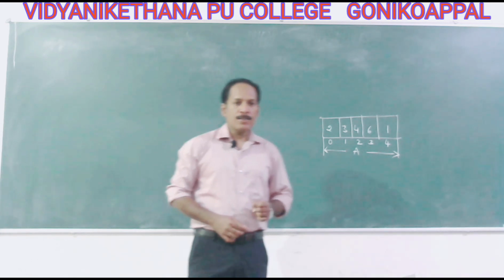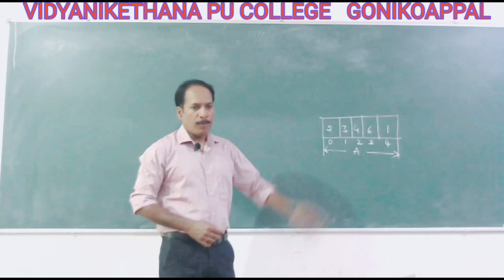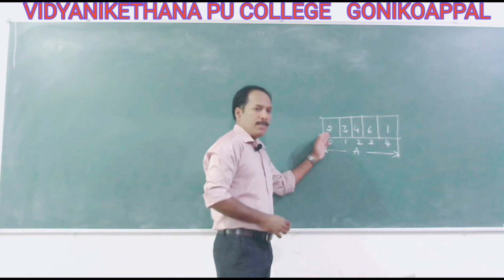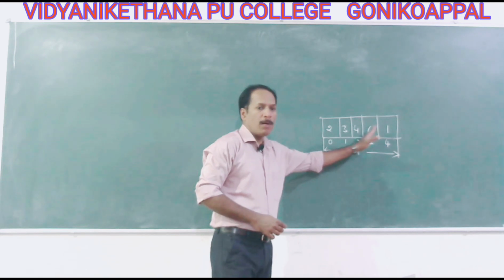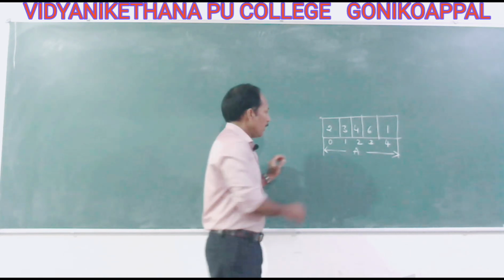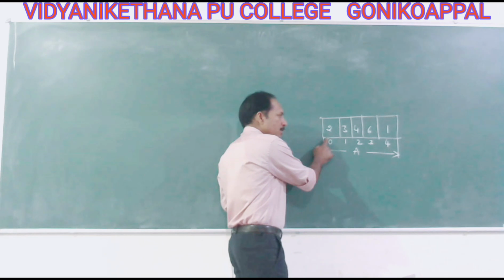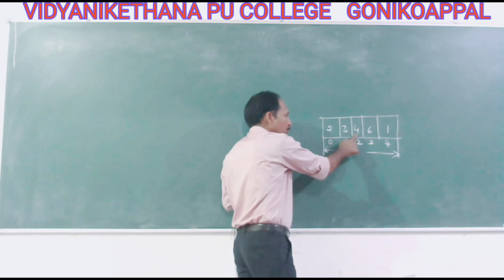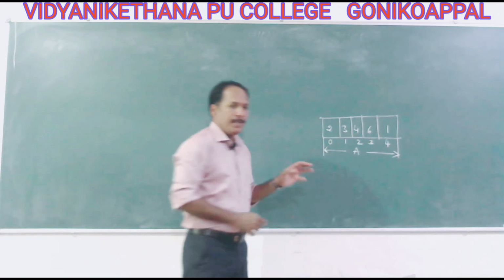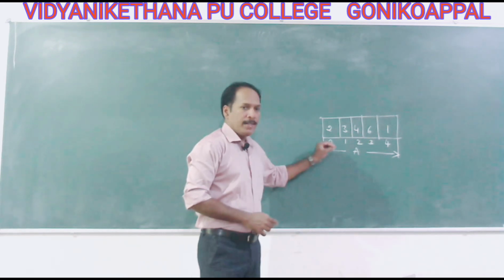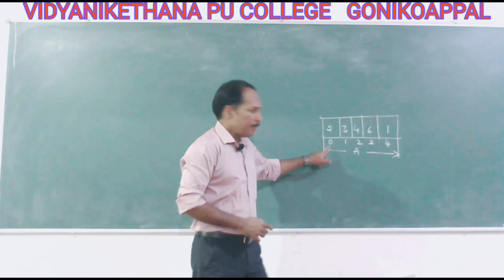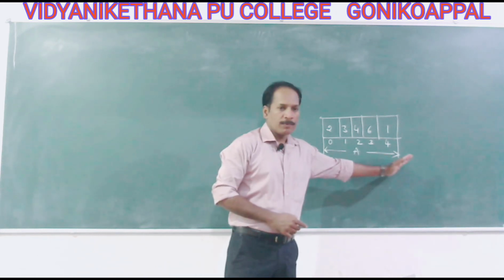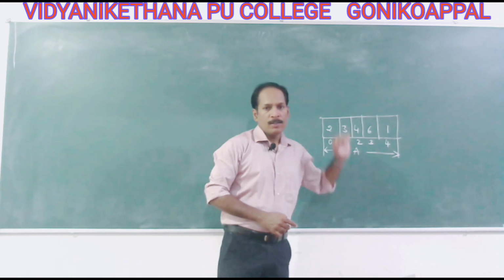Now let us discuss the traversing operation. What traversing means, you can understand very simply: visiting each element exactly once to perform some operation. Look at this. Now I am going from the first element till the last element. First I visited 2, then 3, then 4, then 5, 6. So what I did was visit each element starting from the first subscript to the last subscript, that is, from lower bound to upper bound. This process is called traversing.